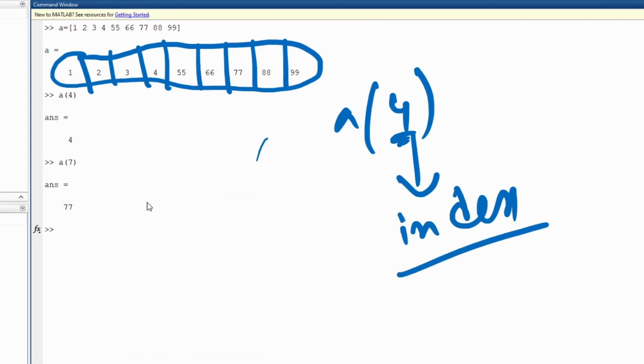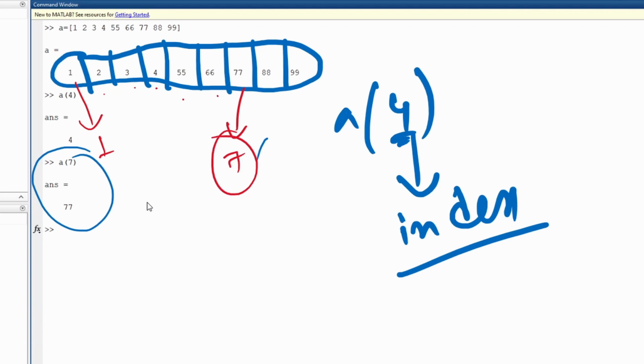Here you can see that a of 4 is 4, a of 7 is 77. That why? Because here the indexing is 1 2 3 4 5 6, this is 7. So a of 7 means 77. That's why 77 has been printed out, because here it is 77. So in this way actually the subscript operator or the indexing actually works, okay, in MATLAB.